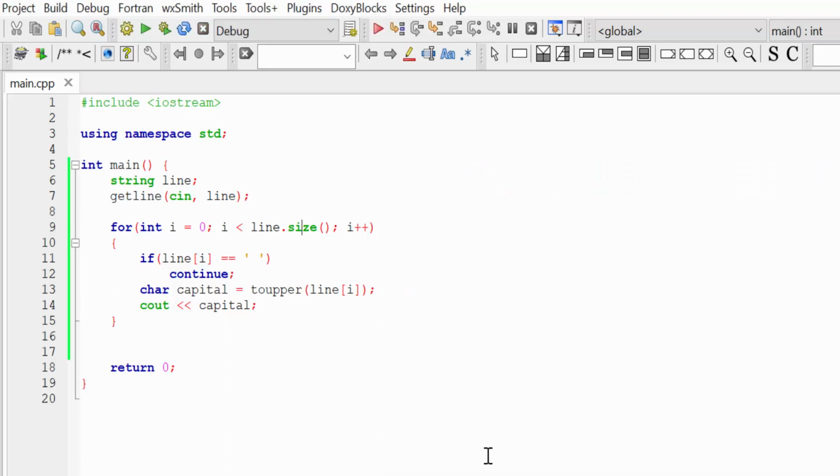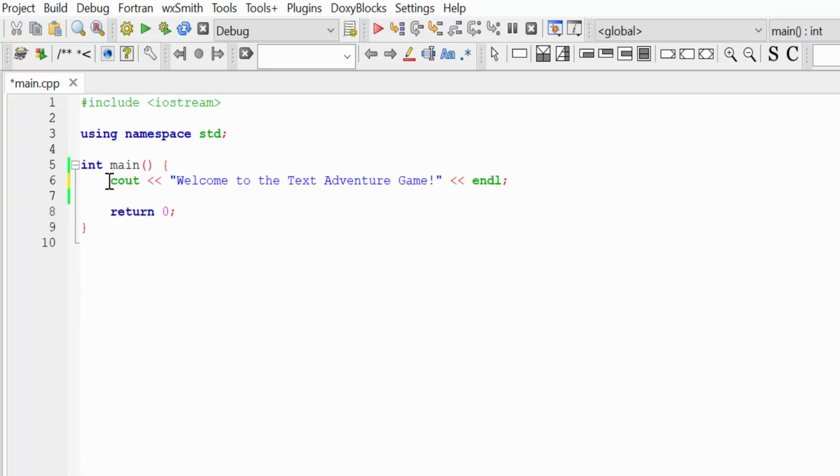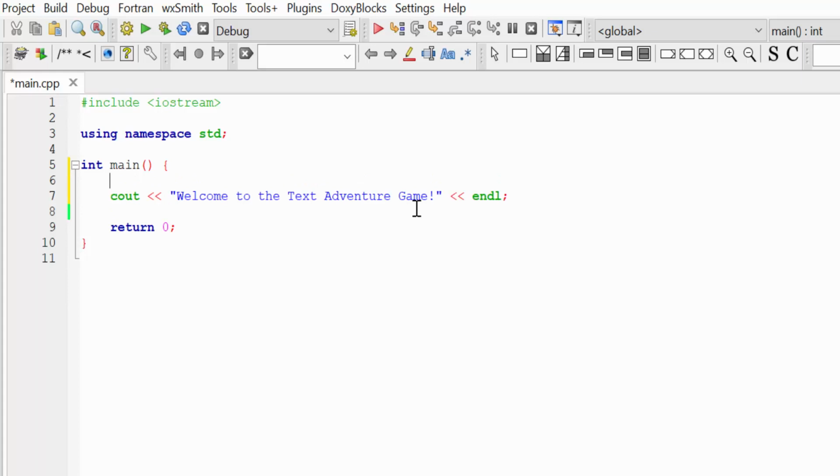Okay, now that we've learned what the break and continue control flow statements stand for, let's have some fun with infinite loops, because these words break and continue are a great way to control infinite loops. So what I'm going to do is write a text adventure game. When we start, we are going to welcome our user, our player, with the message "Welcome to the text adventure game". Let's also create an integer variable score, where we are going to save the score of our user. And all the rest of the steps of the game will take place inside of the infinite loop.